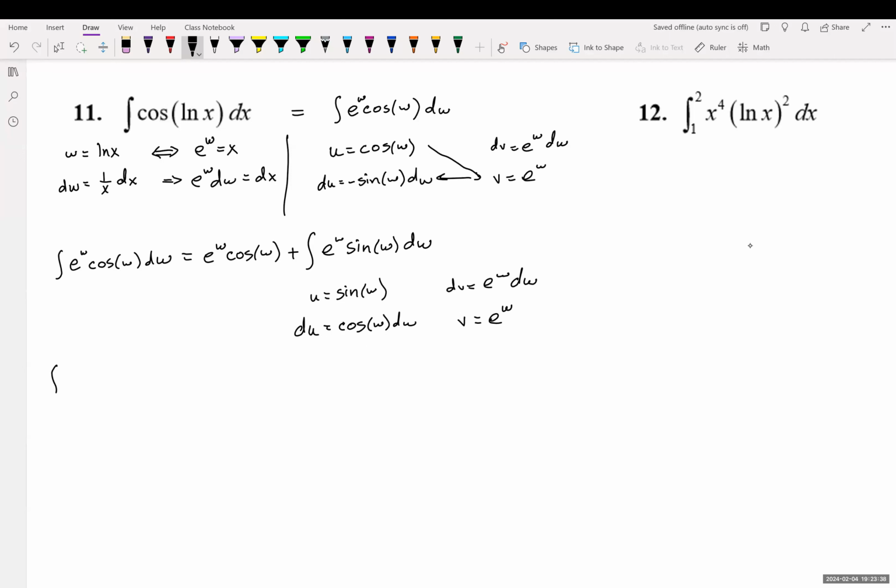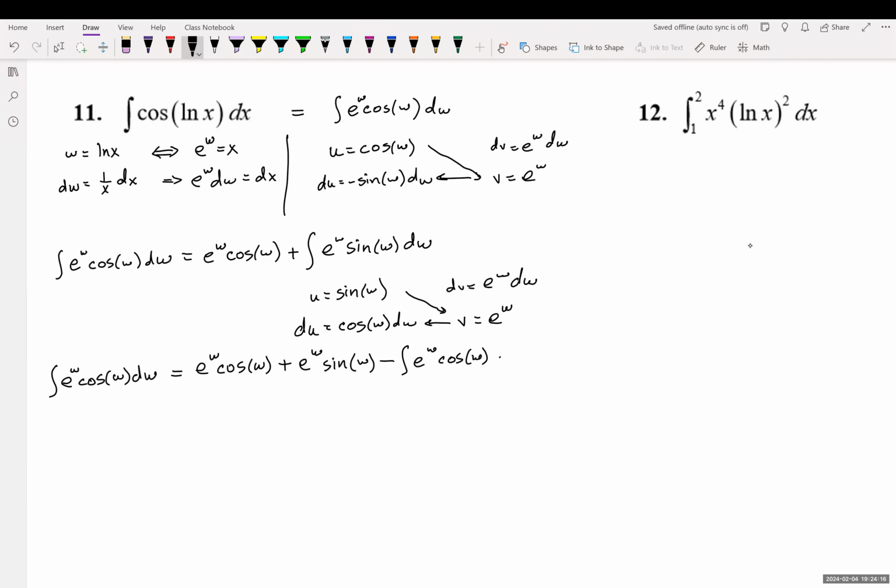So we've got the integral of e to the w cosine w dw equals, we have our e to the w cosine w from our previous iteration of integration by parts, plus we're going to multiply here, so we have e to the w sine w minus the integral here, which is going to be e to the w